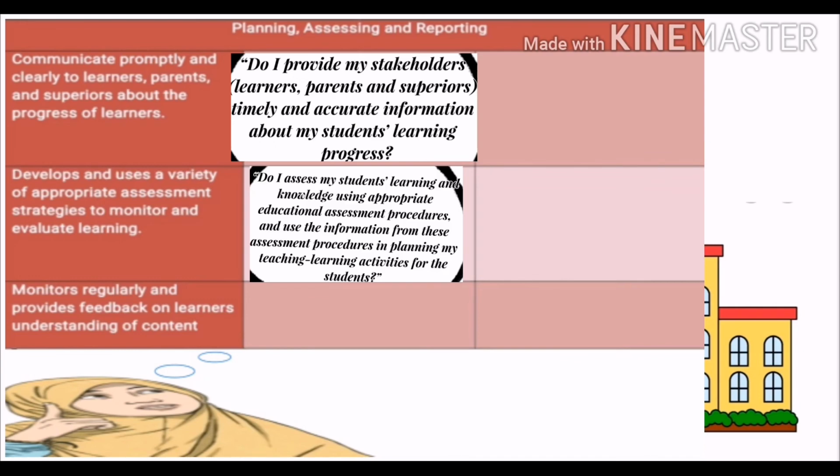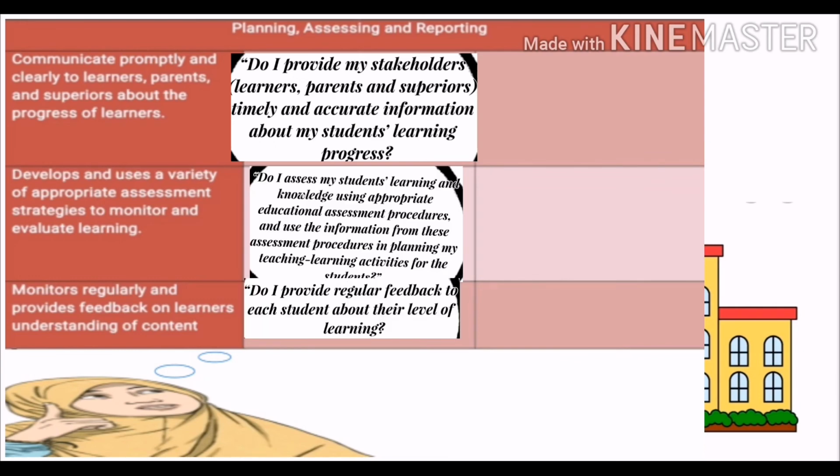To assist yourself for Domain 5, these are the questions that can help you achieve Domain 5. Do I provide my stakeholders, learners, parents, and superiors timely and accurate information about my students' learning progress? Do I assess my students' learning and knowledge using appropriate educational assessment procedures and use the information from these assessment procedures in planning my teaching learning activities for the students? Do I provide regular feedback to each student about their level